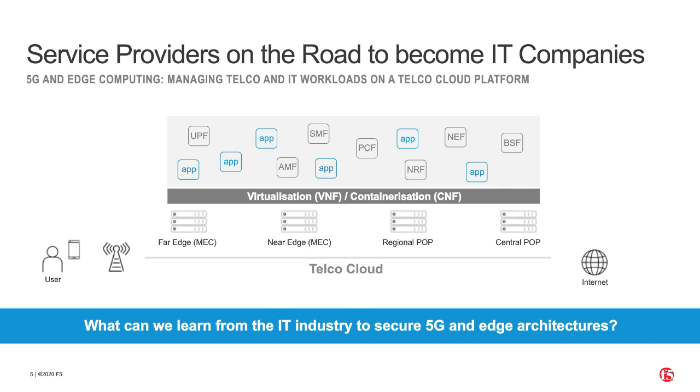So ultimately, this is the picture we're getting to, right? And the journey could be different for different service providers, but I think many of them have this vision of building a telco cloud where you have centralized POPs all the way into far edge locations for mobile edge computing, etc. On top of that, you build a virtualization and a containerization platform. And then on top there, you have a combination of these network functions, and you see a couple of 5G core functions,